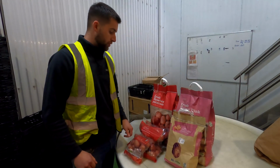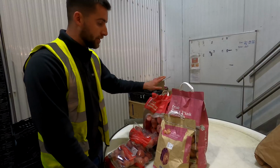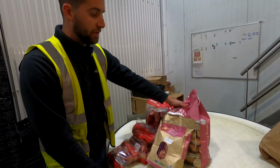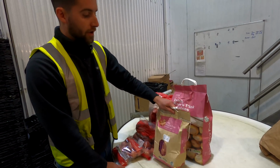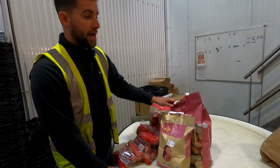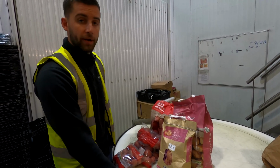The range in Dunnes goes from our 1 kilo bag, 4 kgs throughout the year, 5 kgs at Christmas, and our 7.5 kg bag as well. In our Care Pinks, we do a 2.5 kg bag and our 7.5 kg bag as well. And then also for our early season, we do a Queen 7.5 kg bag. So there's our product range that we have going into Dunnes stores